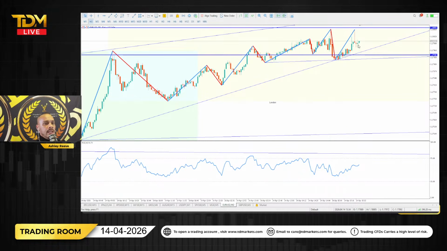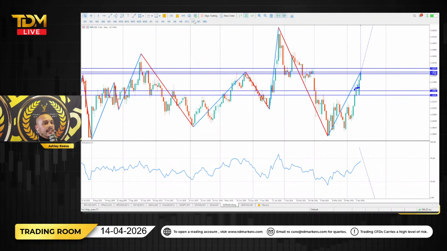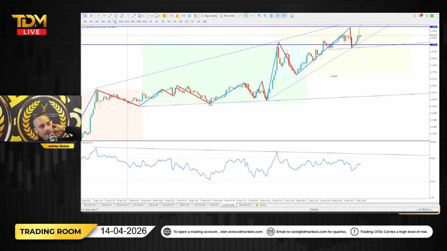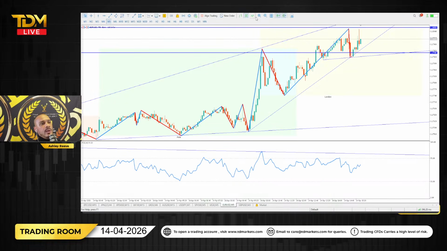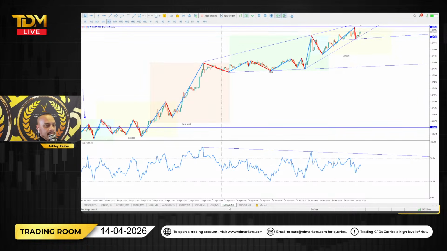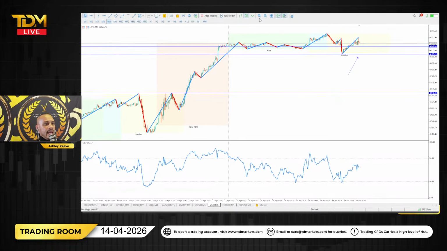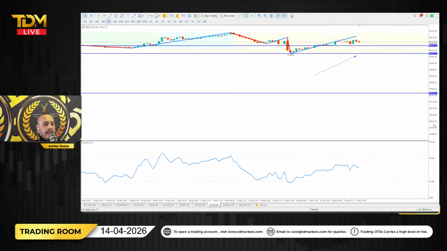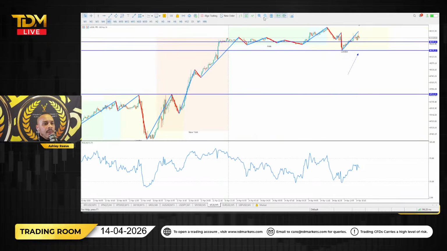Euro USD, we're waiting for a break here, although we know the 4-hour and the daily are to the upside. We are not oblivious to that. We are very, very aware that we are only doing around 29 to 30 pips. That's it. The US 30, we can see here, we are looking at price coming a little bit down here,